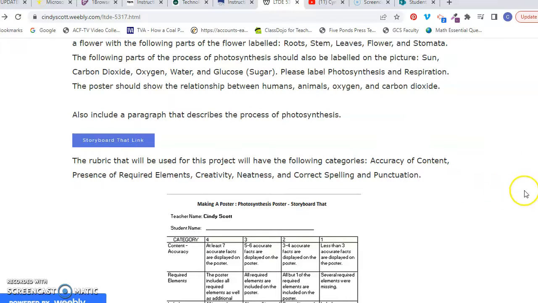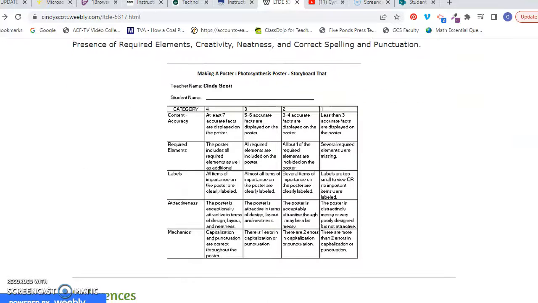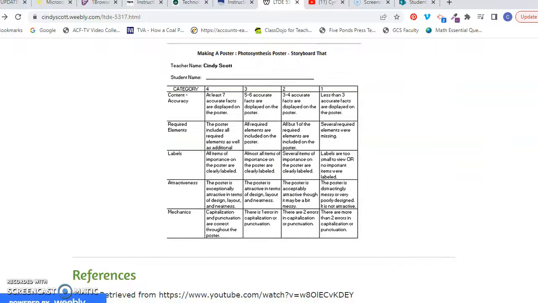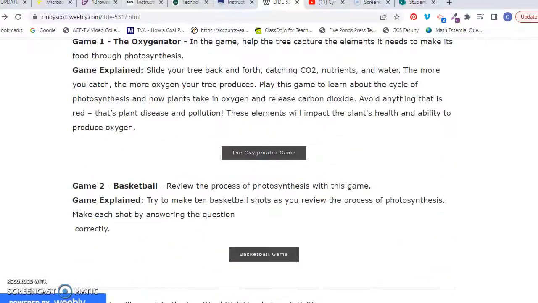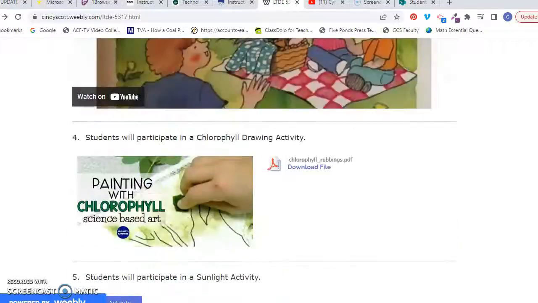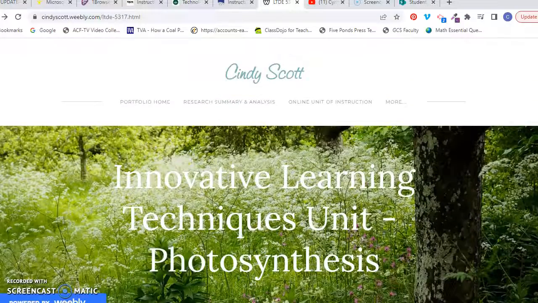which shouldn't be an issue because they are using a computer, which can help them with the spelling. But here is the rubric that they will use. And then I've got all my references, and I just really had a great time creating this unit on